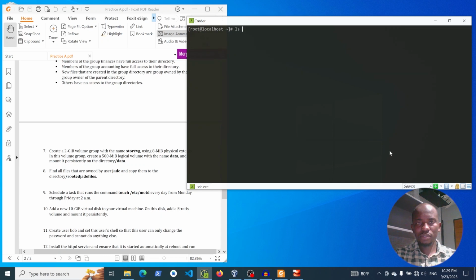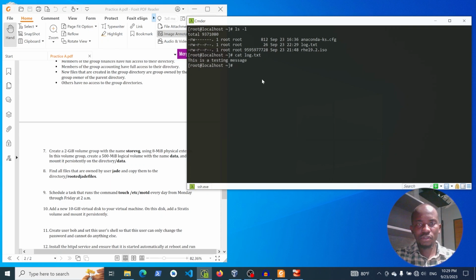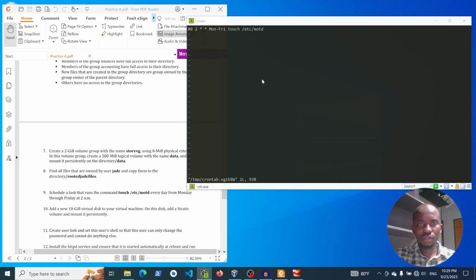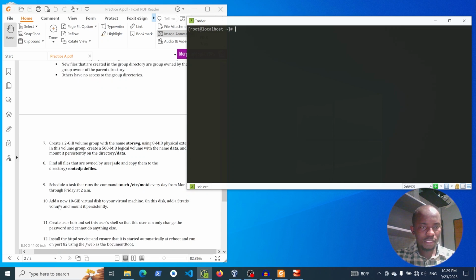Wait, okay, now the file is there. So if I use cat log.txt, you can see the file is created. That means the crontab is working. So I'll go and remove that line, and remove this one, and remove this one. That's okay. That means the ninth question is okay, and the 10th question is